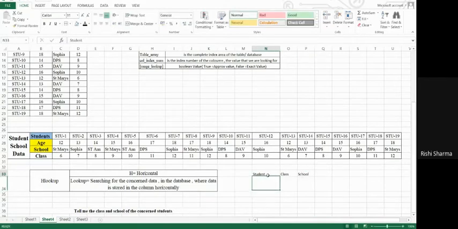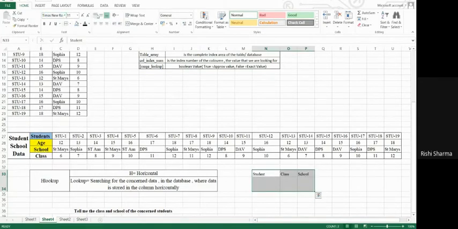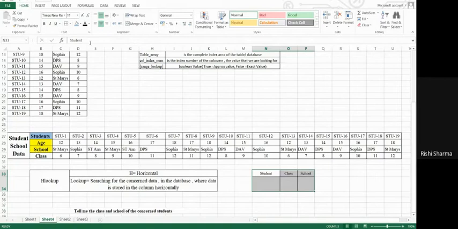Okay, guys. So let me do a bit of formatting so that it looks a bit better. It has nothing to do with HLOOKUP and VLOOKUP. It's just so that you guys can understand. I'm selecting all the students, from 1 to 19.